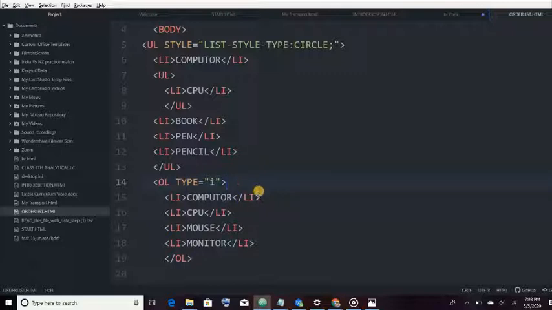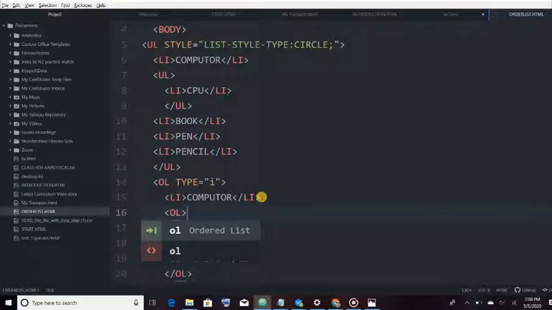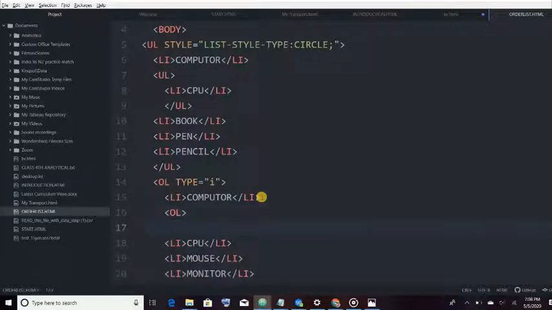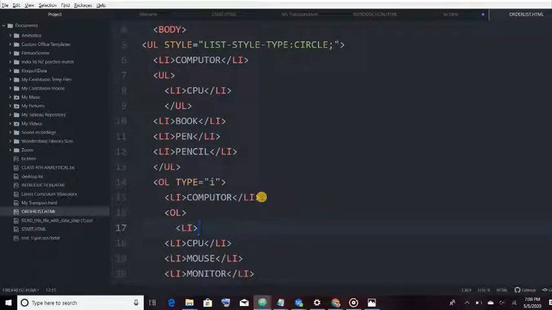This goes the same for an ordered list. In an ordered list we will also insert one item. Like an ordered list, we will use a list item, and here I have inserted one item, that is mouse, joystick.